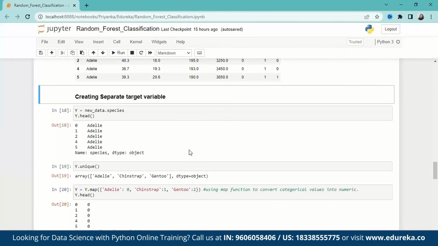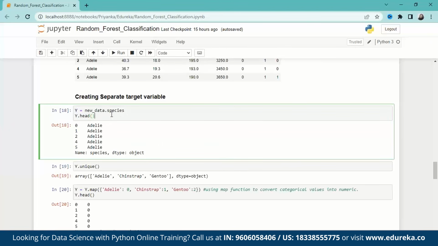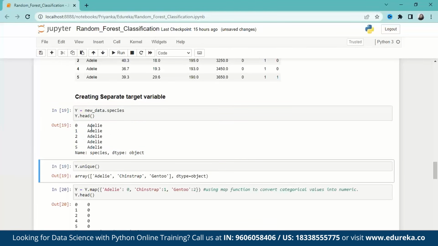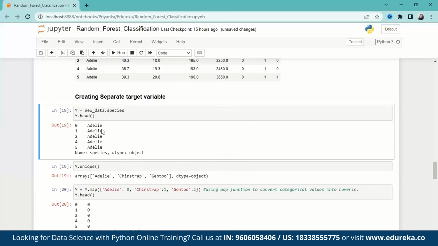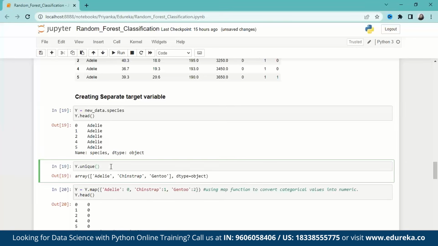And now it is time to create a separate target variable. And what we'll do is we will store in a variable called y only species. So what we do is from this new data.species, we will just store the species in this y. And we see this y.head, that is the first 5 species. And we got the values here. That means another target variable is being created now. And you can also see the y.unique values as Adelie, Chinstrap, and Gentoo. So now we see here 3 unique values of the penguin, that is Chinstrap, Adelie, and Gentoo, and the data